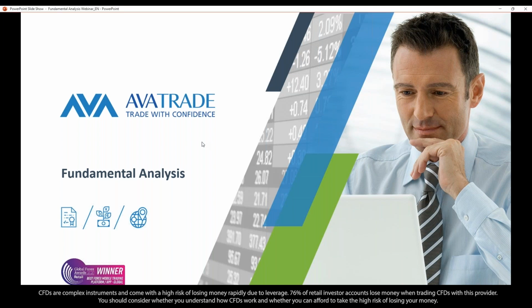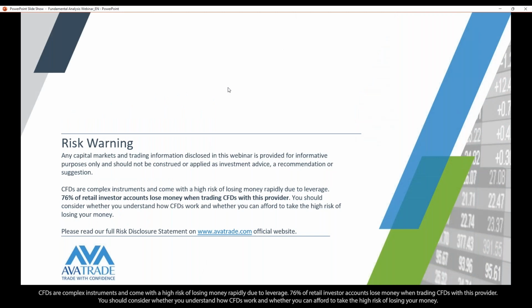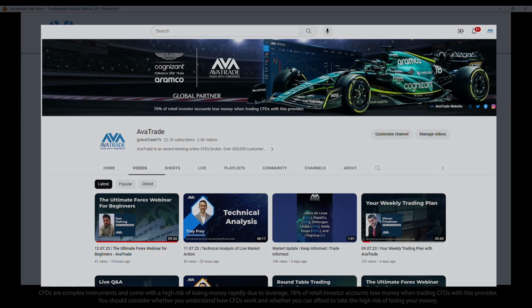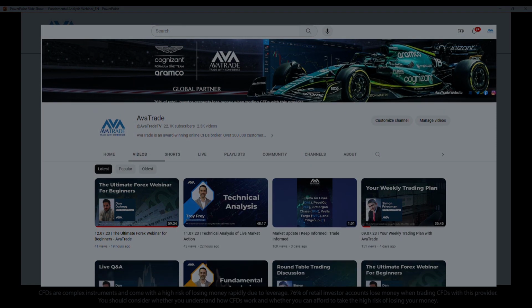I'm going to go ahead and move forward through the disclosure and such. Keep in mind that each trade that you take has risk. I think we all understand that. So you want to manage risk in a way that makes sense for yourself, whether that be using some of the special tools that we have in our WebTrader and app, which we'll go over, or some other methods that help you to manage risk. You should do so in a way that makes sense for yourself. And also keep in mind that what we cover is not meant to be financial advisement, but is coming from